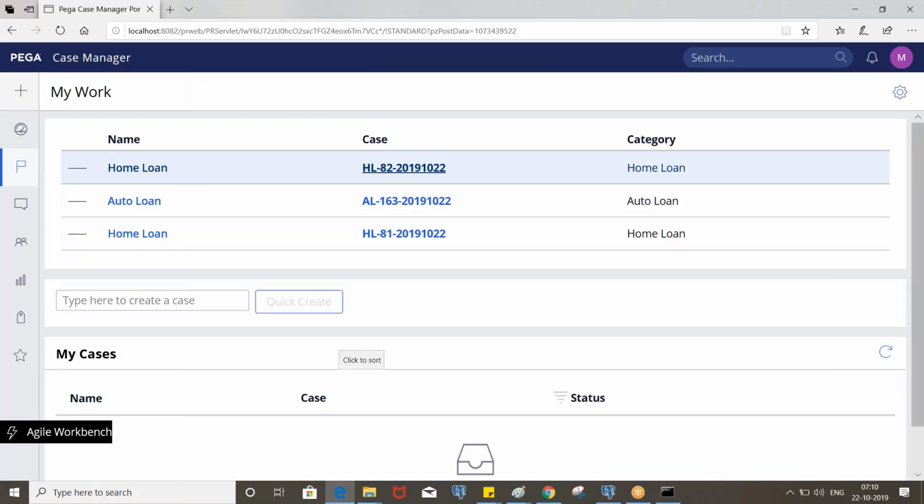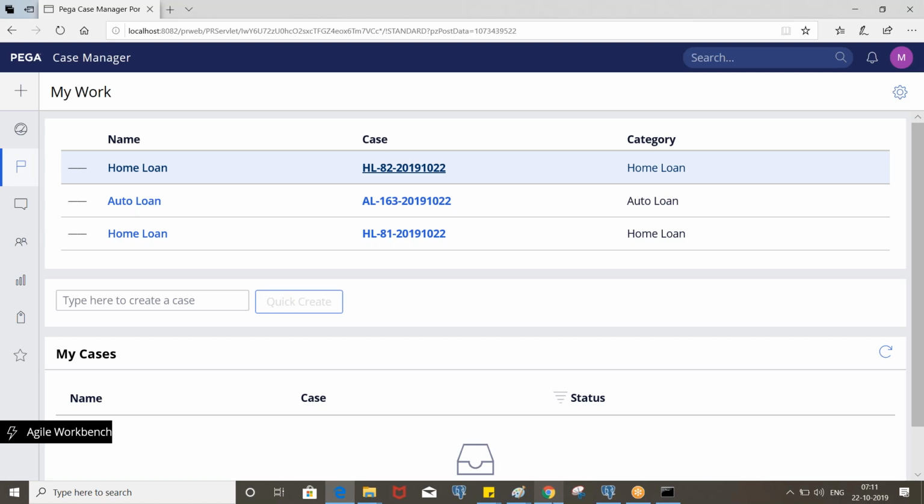Okay. So here by default, see the latest assignments are getting displayed on top of the list. Okay. So now auto loan assignments are more priority than home loan always. So in that case, though you route a home loan assignment, auto loan assignments have to be displayed on top of the list. Okay, so now for that, we need to increase the urgency of auto loan.